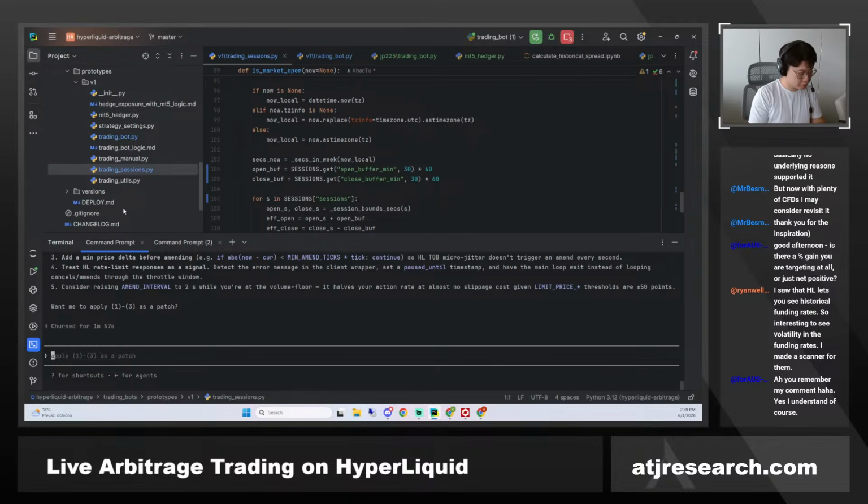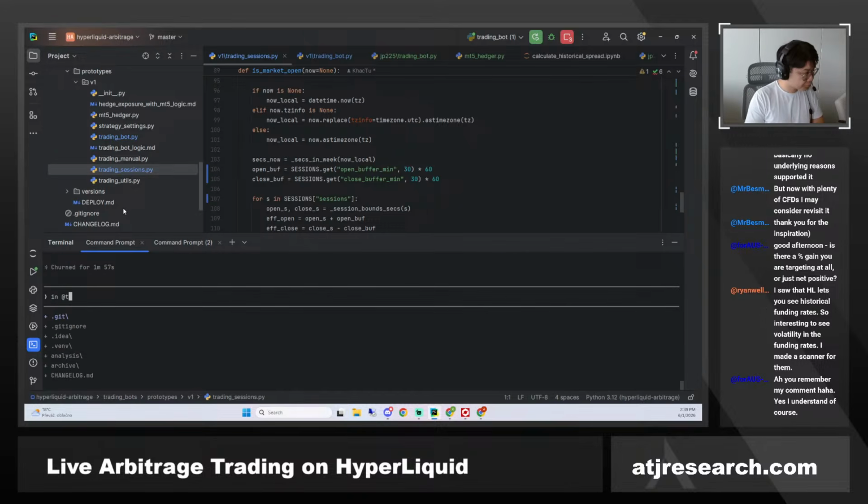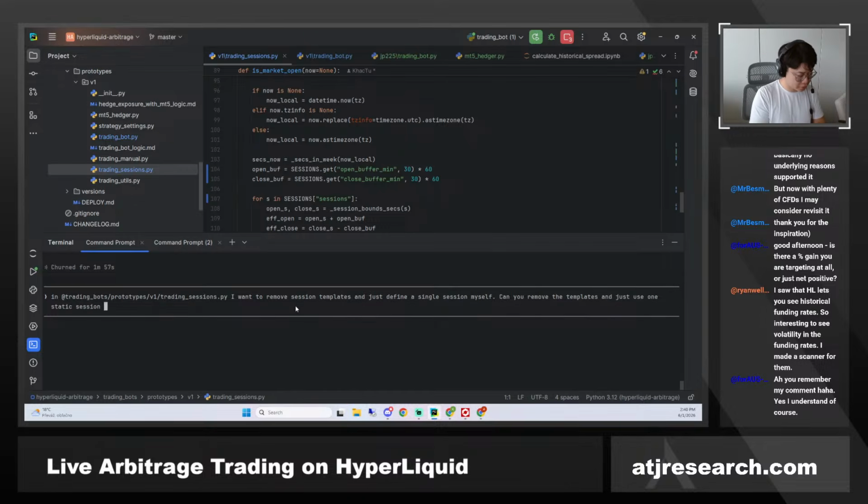Okay, so in trading_sessions.py, here I want to update this template. The V1 is my template. I want to remove the session templates and just define a single session myself. Can you remove the templates and just use one static session for